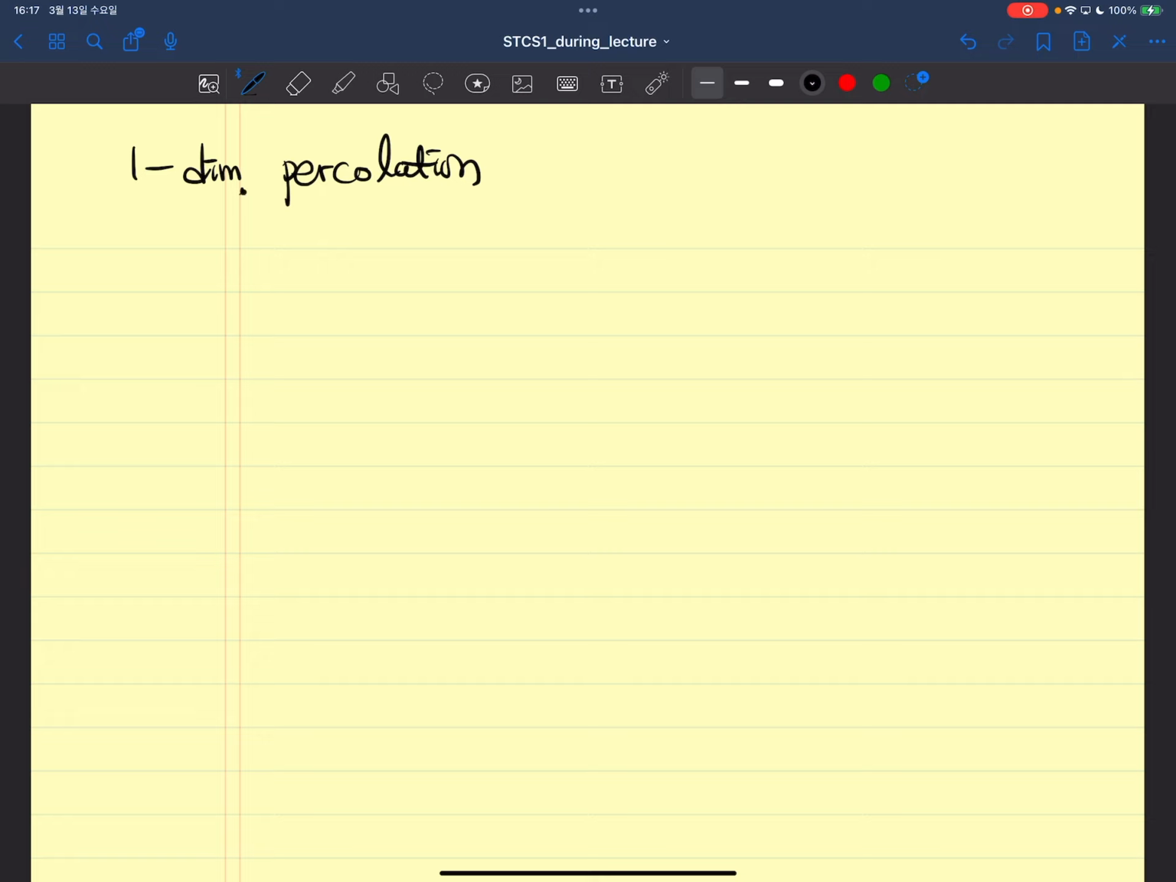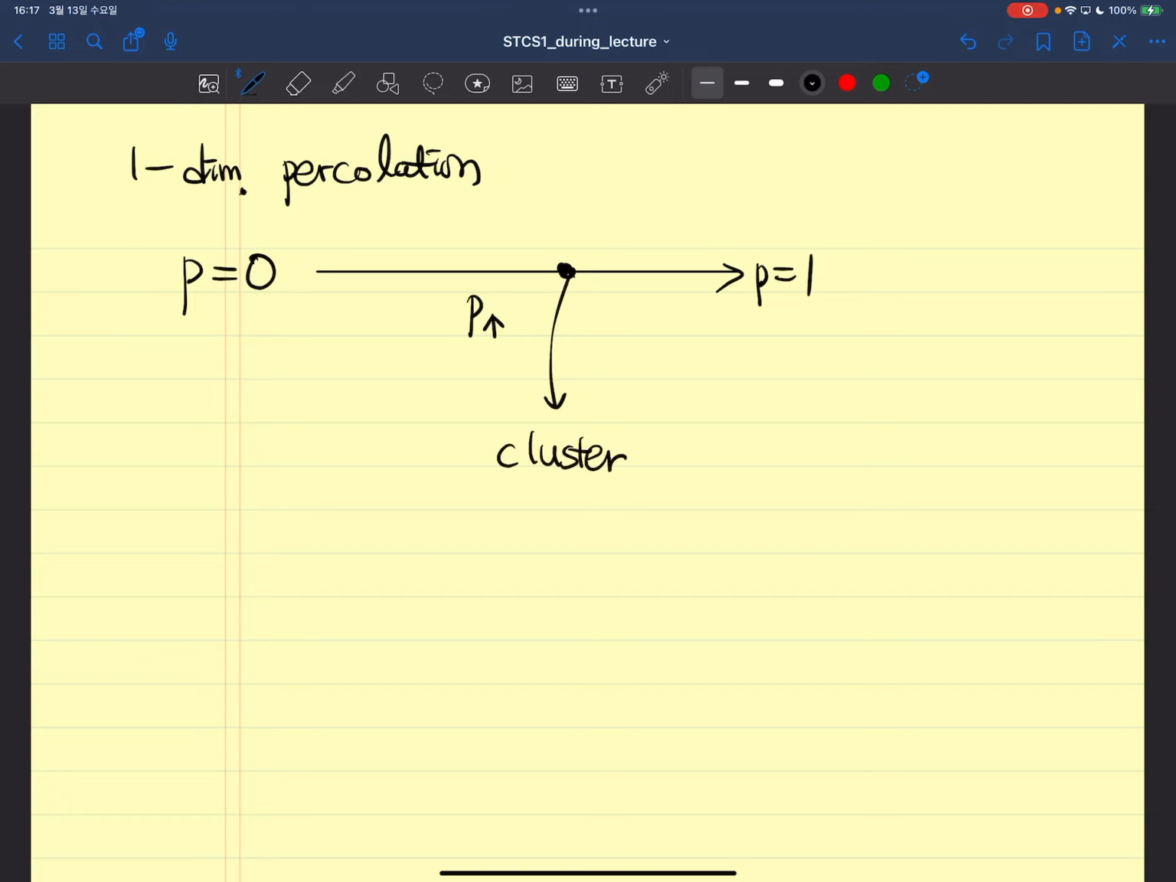So you start from, so you increase the value of occupation probability. Then what is happening? And the thing we have learned so far is that for a particular value of P, the cluster number density, roughly corresponding to the probability density of the cluster with the size S,